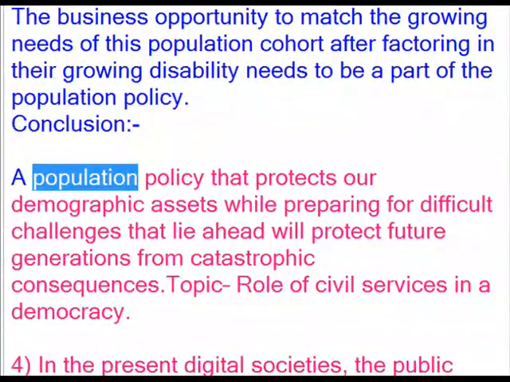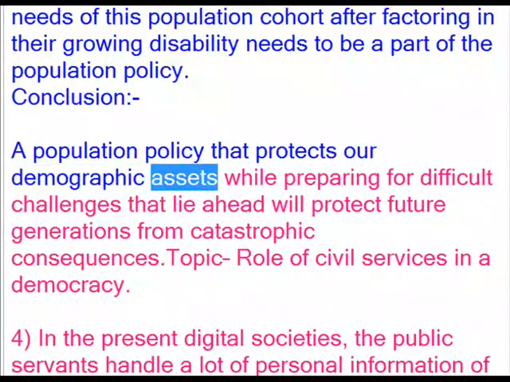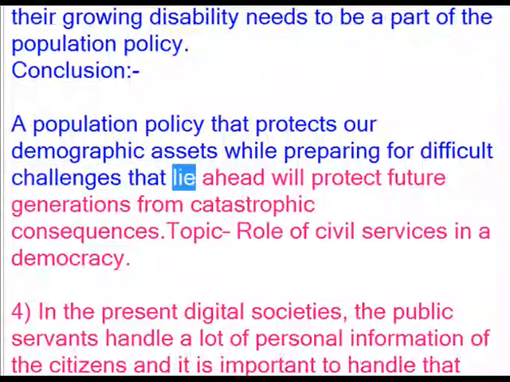Conclusion. The population policy that protects our demographic assets while preparing for difficult challenges that lie ahead will protect